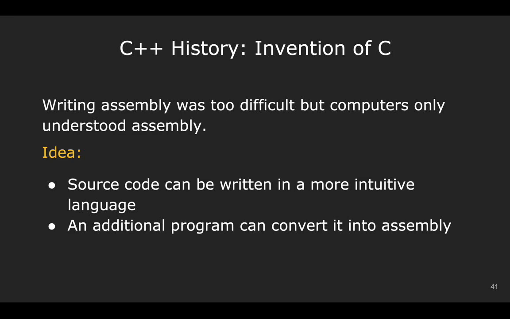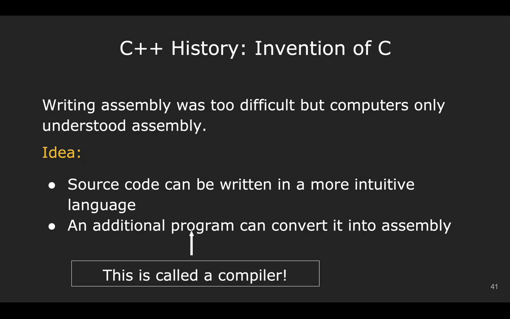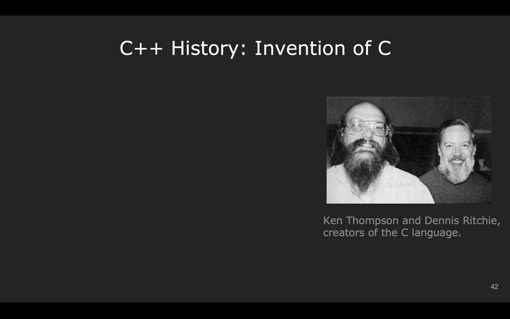Why don't we separate those two functionalities into two different parts of a program? On the one hand, we can write code that makes sort of English sense to us, the programmers writing it. And on the other hand, we can use another program to translate the words that we're writing into this one language that our computers can understand. This is something you'll learn about in future CS classes, called a compiler. So yes, we will be focusing on the first one, which is exactly what C is.